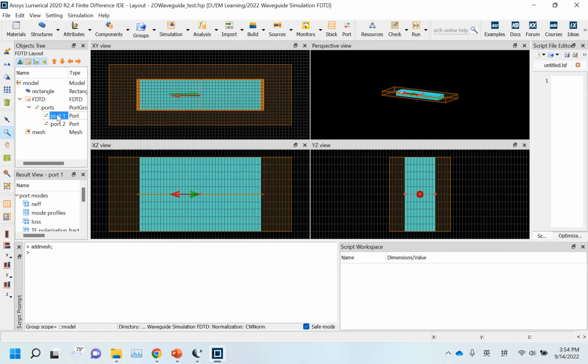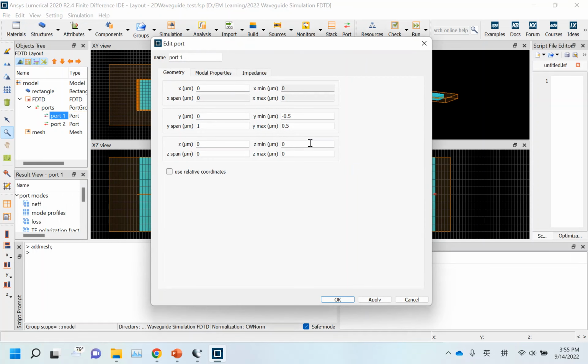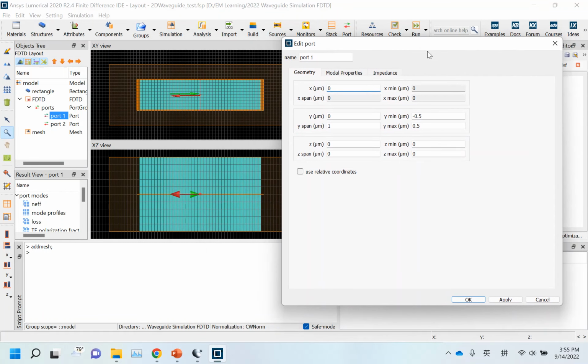And then comes the important part, which is the mode. So as we learned from the lecture, there are different kinds of mode inside the waveguide: TE, TE1, TM1. So here we right click the port 1 and edit. So first I'm going to define the geometry of the port. So here, if we say that the wave will be excited in this part and propagate to the right hand side, and as we discussed in the class, we don't want the port to be very close to the simulation,